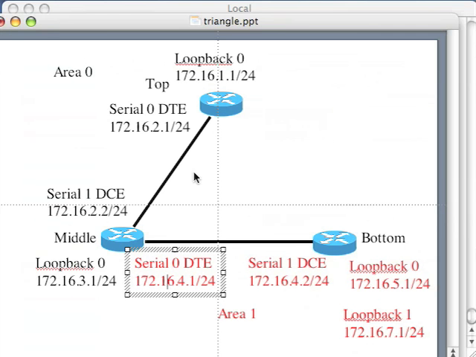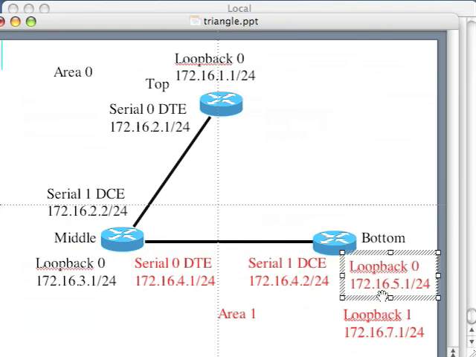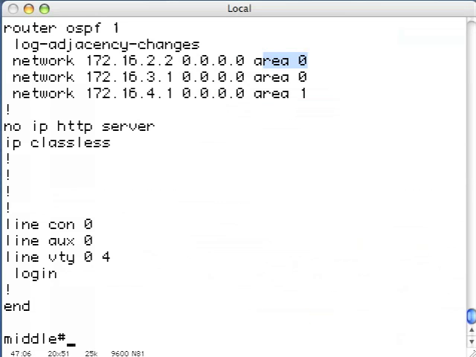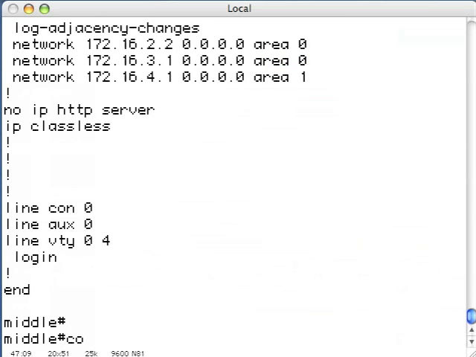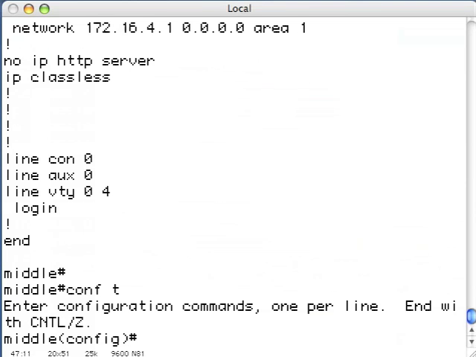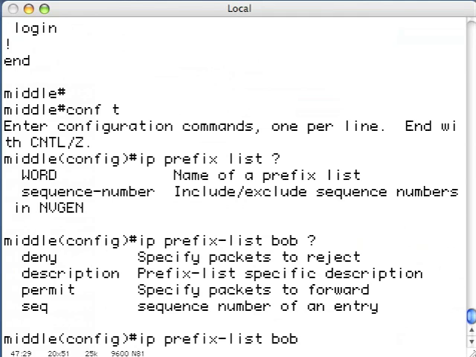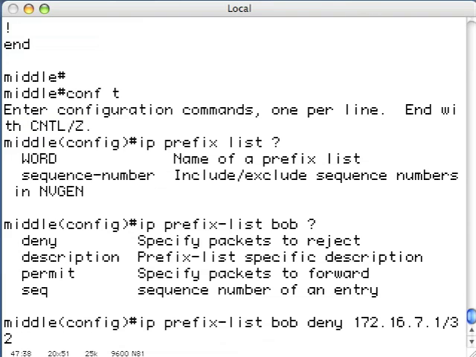And again, we want to permit the 5 net but deny the 7 net from getting into OSPF area 0. So this is a different syntax that we have to use here. We go into config mode. We have to create what's called a prefix list. IP prefix-list, and we need a name. So let's call it Bob. IP prefix-list Bob, and let's put in a deny 172.16.7.1/32,